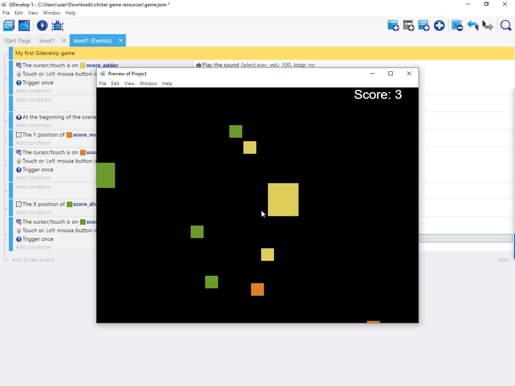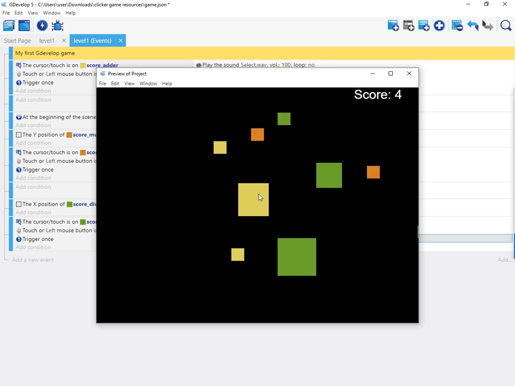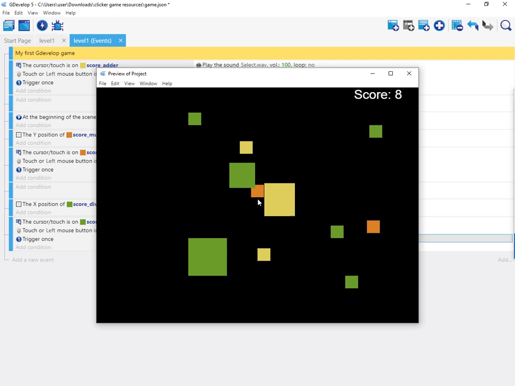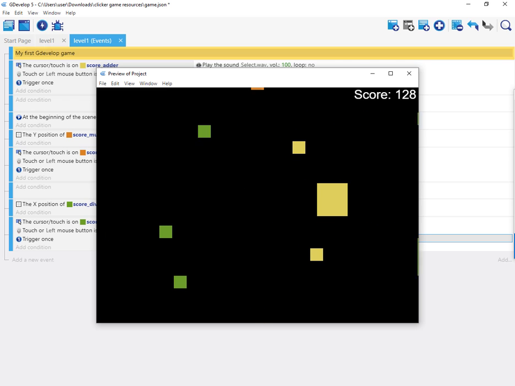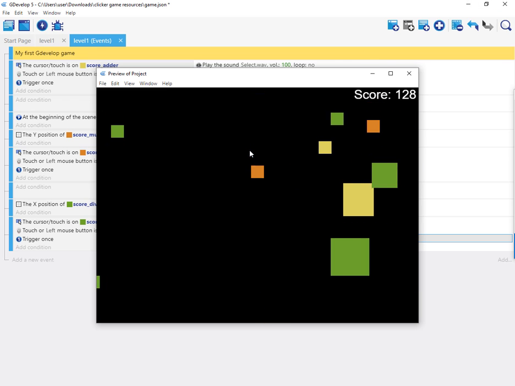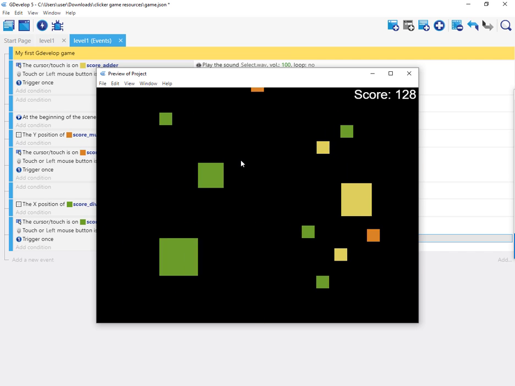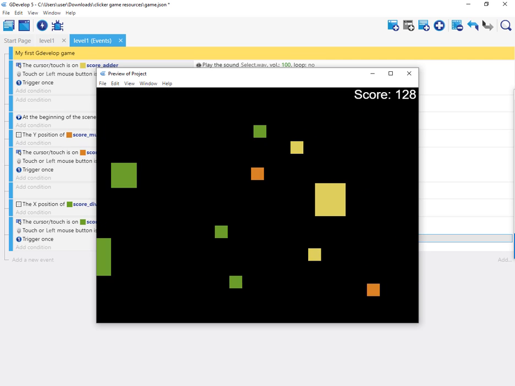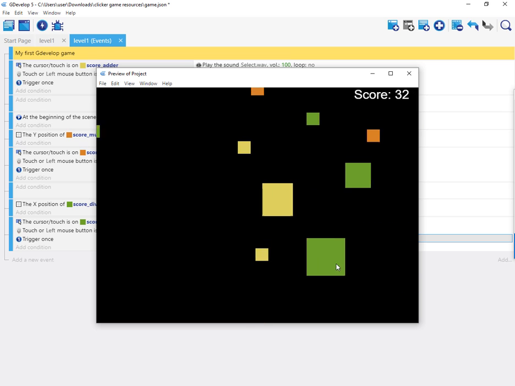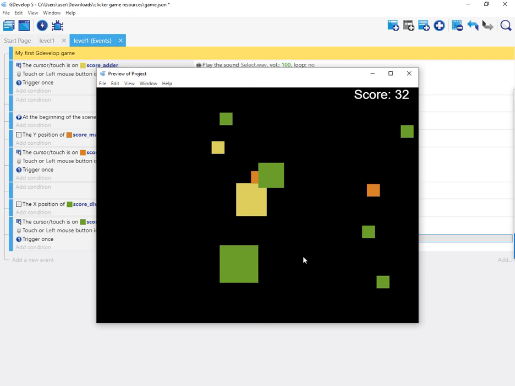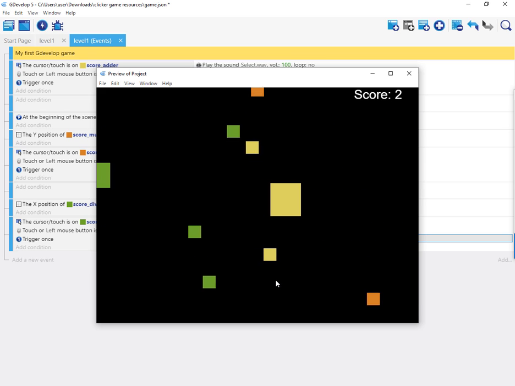So this is too easy. I need to definitely have more of these green things because I can just click on this all day. Okay. But the idea works here. If I click on the green thing, I went down to 32, I went down to 8, 2,